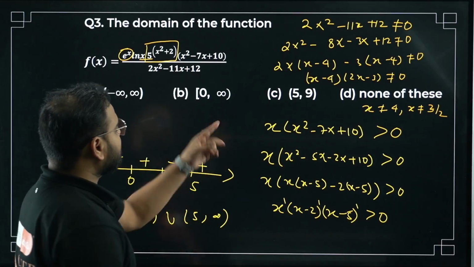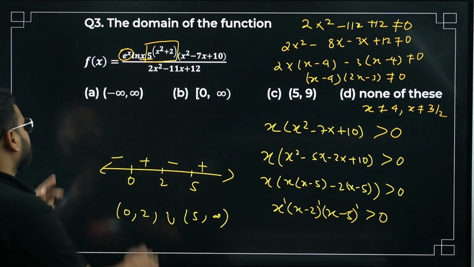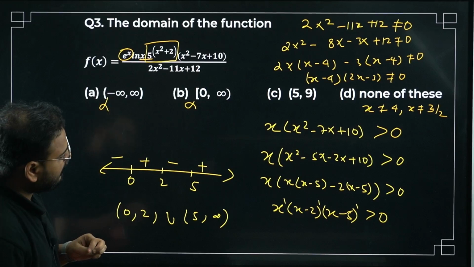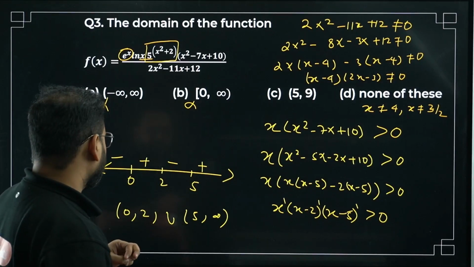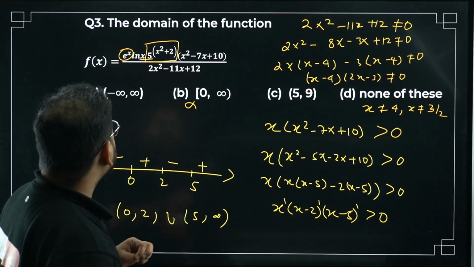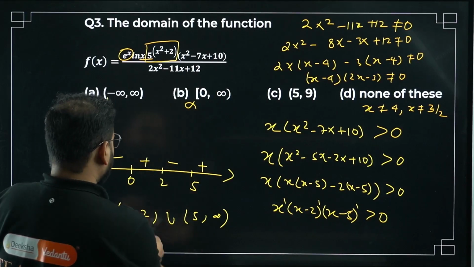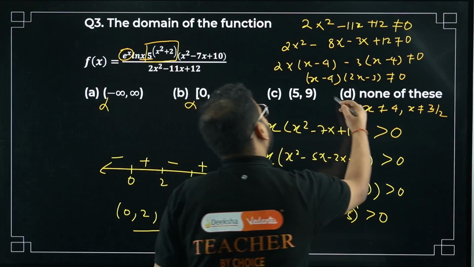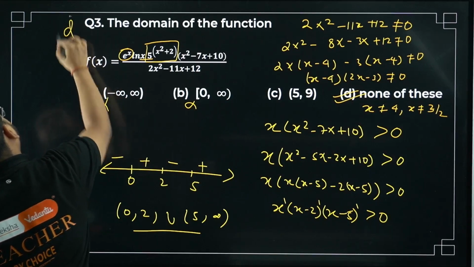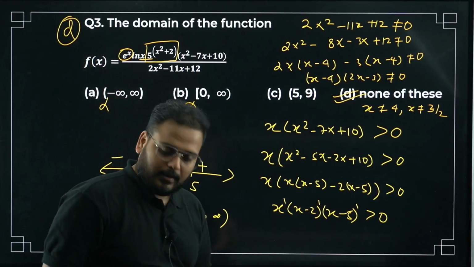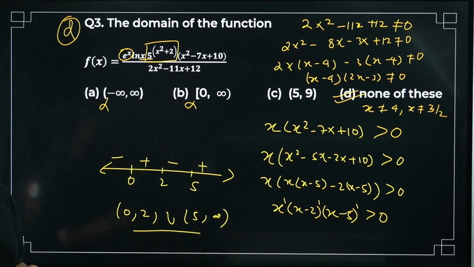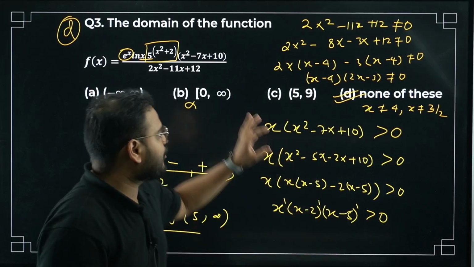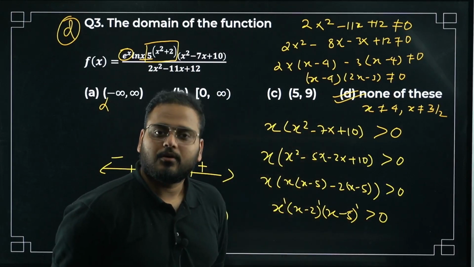So check this out, this with that, nothing is coming like that. This cannot be the case. 5 to 9 can be right? No. 5 to 9 we can also not write, because we are looking for the whole domain. 5 to 9 itself is not correct, so the option will come as option number D. Option number D, none of these is the correct answer. Have a look. Good question. I would rate this a very good question. You have to solve it to get the right option from the given four.